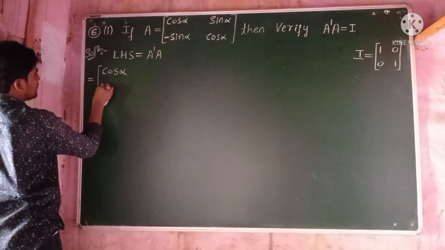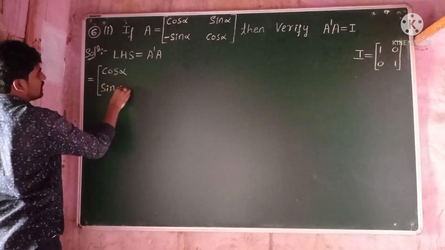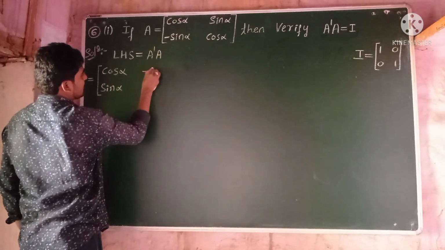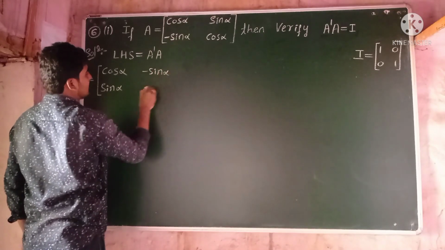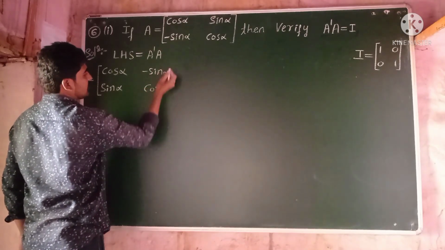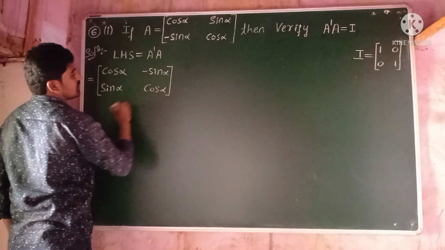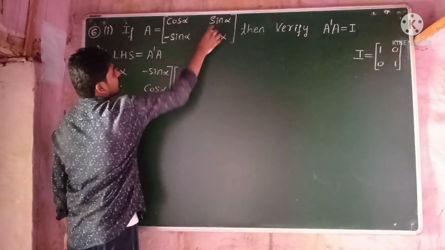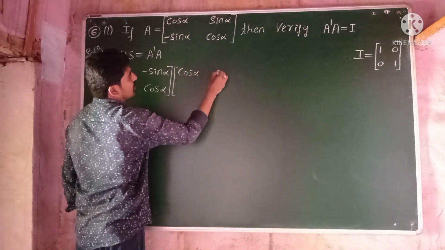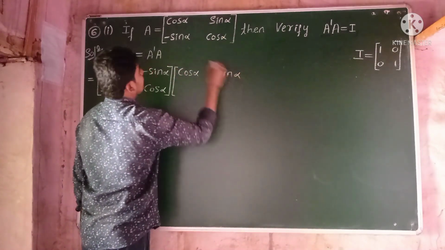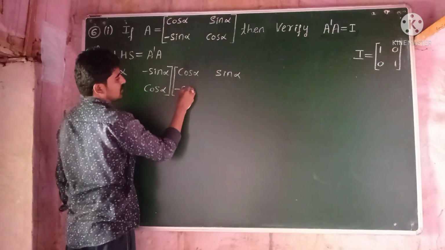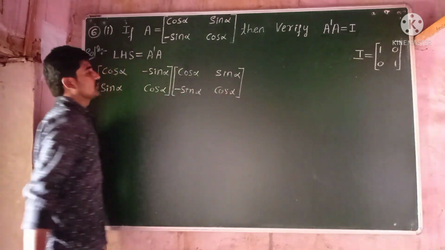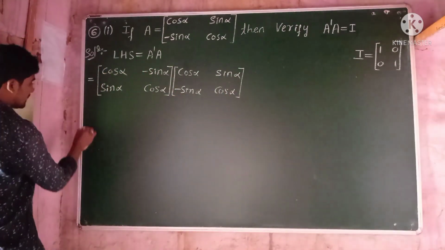The second row becomes the second column: minus sin alpha, cos alpha, into matrix A. Matrix A is given here: cos alpha, sin alpha, minus sin alpha, cos alpha. Multiplication of these two matrices